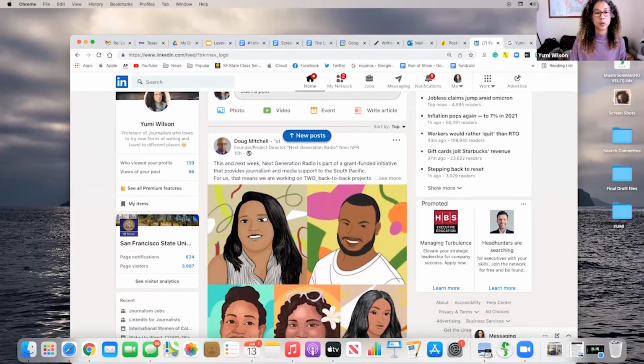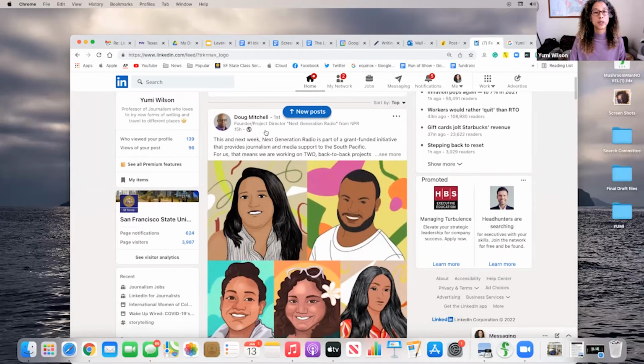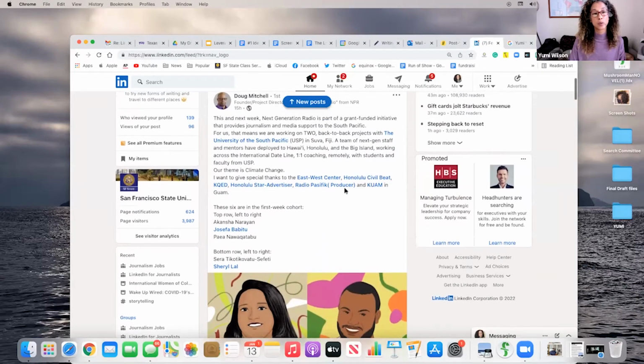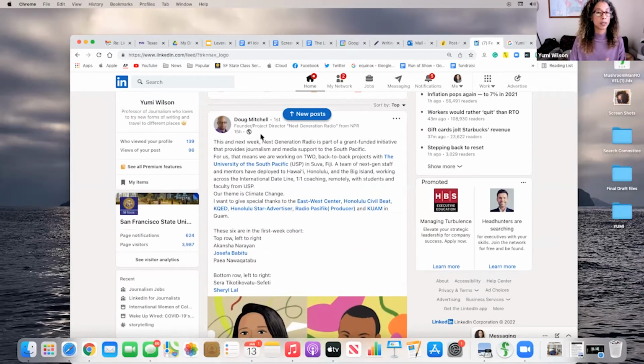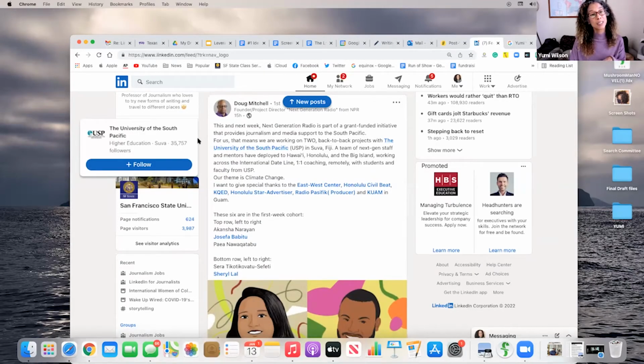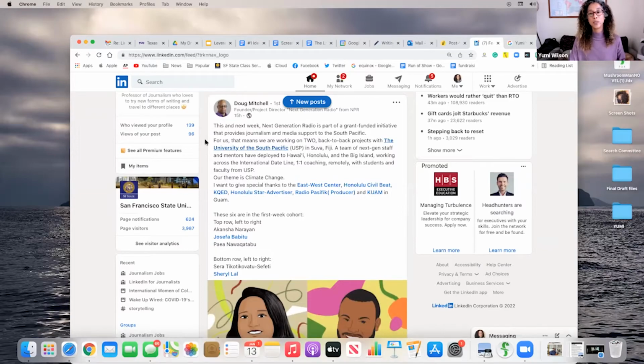I'll just show you. This is Doug Mitchell, who's founder and project director at Next Generation Radio. "This and next week, Next Generation Radio is part of a grant-funded initiative that provides journalism and media support to the South Pacific. For us, that means we are working on two back-to-back projects." So this is a really great use of this. Doug is posting something that is somewhat promotional,